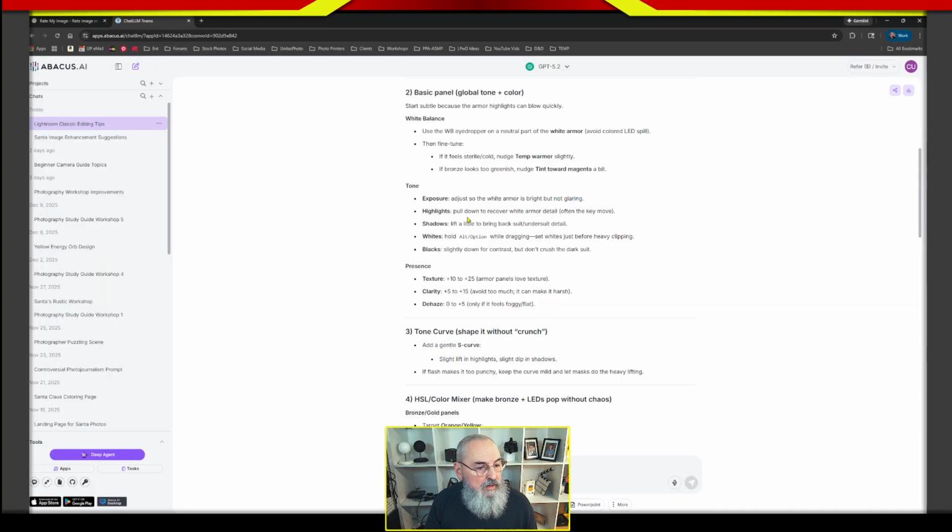Exposure. All right, highlights, pull them down to recover the white armor detail. So it already understands if you go up on the exposure, you might blow out some details. You bring it back with the highlight. Shadows, lift it a little bit. Whites, it's telling you how to set your white point by holding the Alt or Option key while dragging. I'll show you that in a second. And then